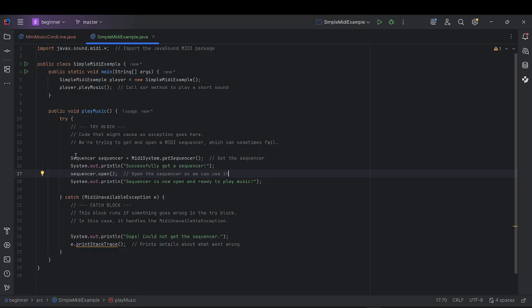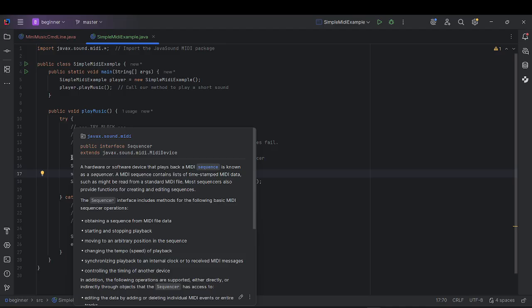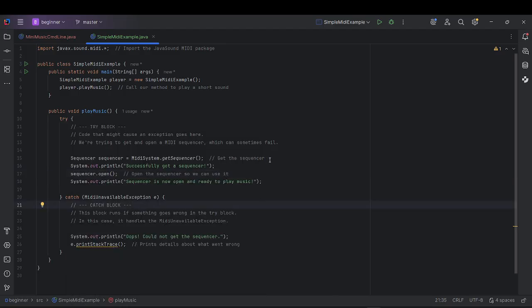So going into the code, we have our first line, the sequencer over here. We call this method, the MidiSystem getSequencer, to request the MIDI sequencer from the system. The sequencer is like a conductor of a band. It plays, stops, and controls the timing of the MIDI data. This can fail if no sequencer is available or if it's already in use. And when that happens, it will throw a